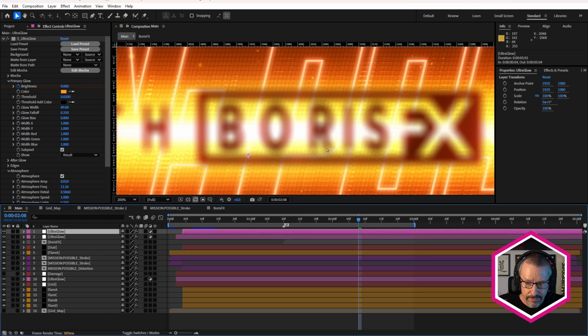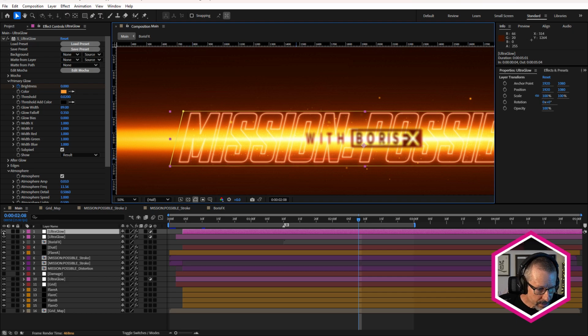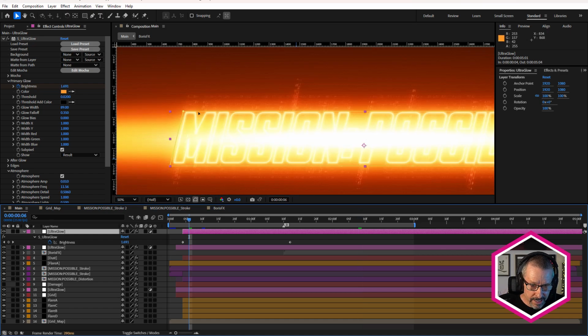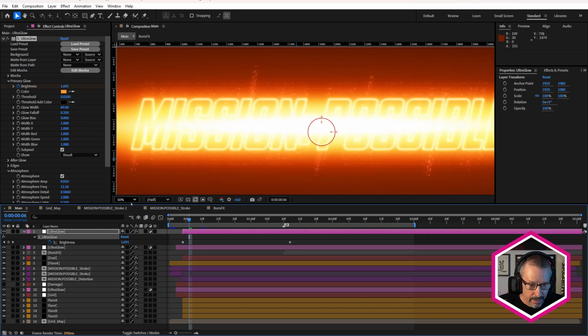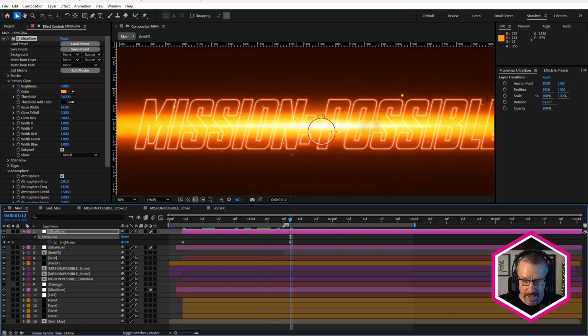And this one here is just around the text area. Just turn that off and on. We've got a couple of keyframes here. You can see I just use that at the beginning to add a little bit of extra glow on the whole thing. If we turn that off, we got that. I just thought it wasn't quite bright enough, but I didn't want to affect the background because it was making the flares in the background blow out too much on the side. So I just isolated that using a mask and just keyframe the brightness so it's nice and bright at the beginning and goes right down to actually 0. So we don't see any of that ultra glow towards the end of the animation.